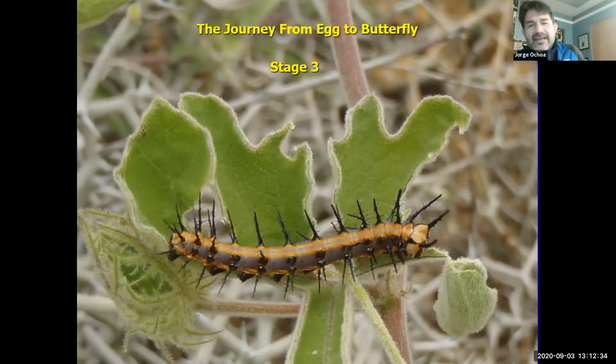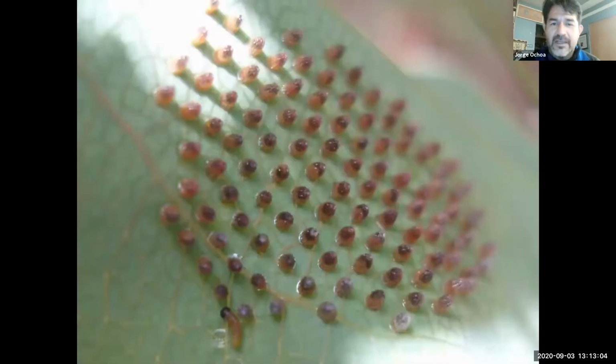So when the eggs are laid, they're going to take time to mature. Then we're going to have the caterpillar. The caterpillars are going to devour the leaves. And so the way the caterpillars are going to affect the plant: if they devour the leaves, then that is going to prevent the plant from carrying out photosynthesis and gathering resources for producing flowers, thus not being able to produce seeds and not being able to produce the next generation.